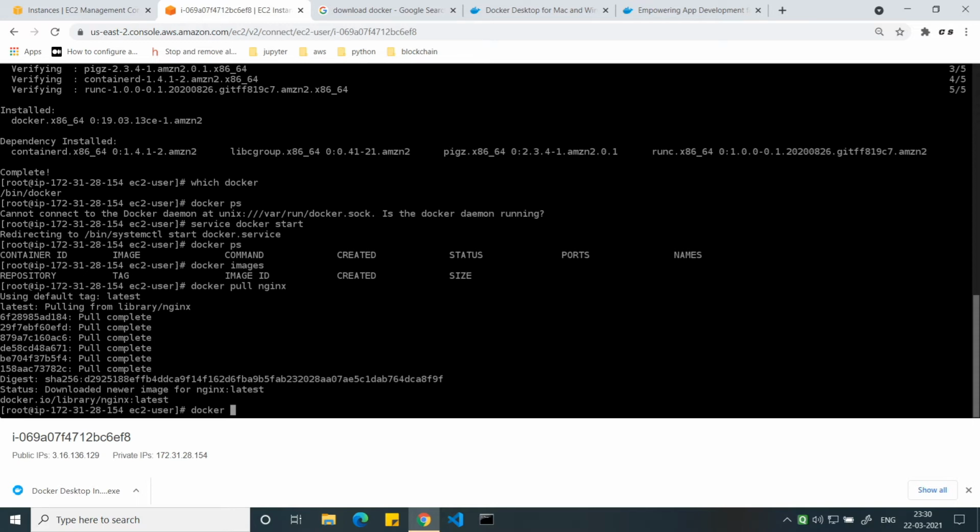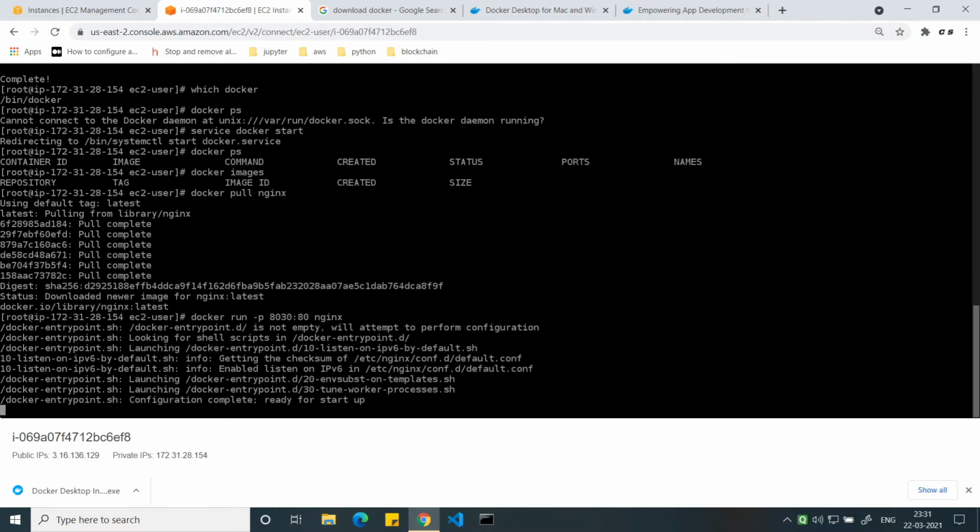The host port is the port of our system, and the container port is the port inside our application, which will be mapped to our host so that we can access it. Now docker run -p. Let's map 8030 on my host to 80, which is what my Nginx container works on. My image is nginx. It has started.